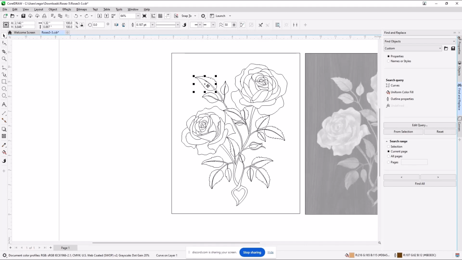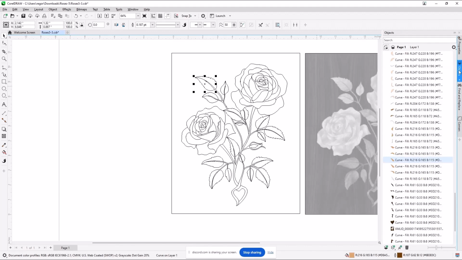For example, somebody said to duplicate. In Corel Draw, you can duplicate something as simply as touching the plus sign on your numeric keyboard, or Control C, Control V. I just duplicated that object. Can anybody see that?